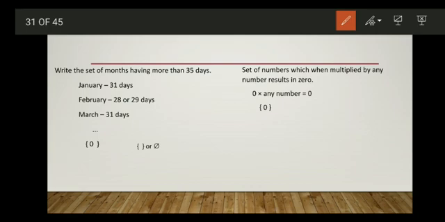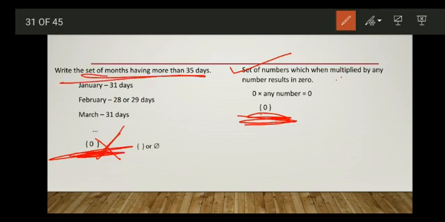You have to understand that we should not write the empty set like this. If you write it like this, 0 will become the element of that set. So this set can be represented like this because 0 is the element of the set. Here 0 is not the element of this set, so you should not represent it like this. We have to represent this set using empty curly brackets or this symbol. This symbol is used to denote the empty set.